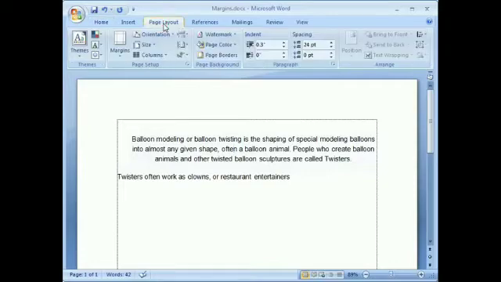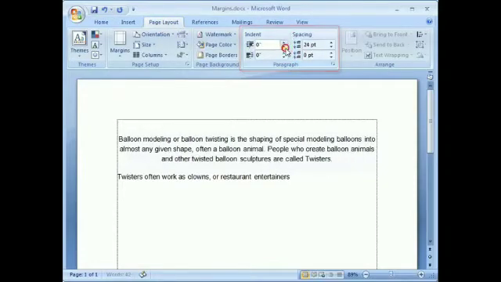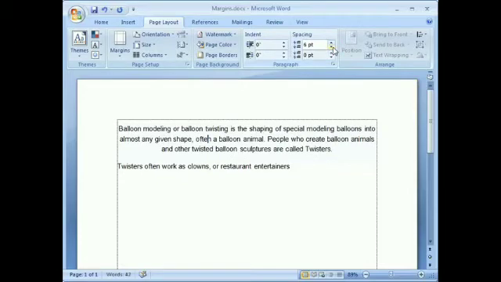Now this part is clear, and again we will go to Page Layout. This is your paragraph group, and these are some options regarding indentation and spacing. Then you can increase or decrease the size of your spacing and indentation. These options are not compulsory. If required, you can change your setting. And after changing the setting, now see the document appearance.